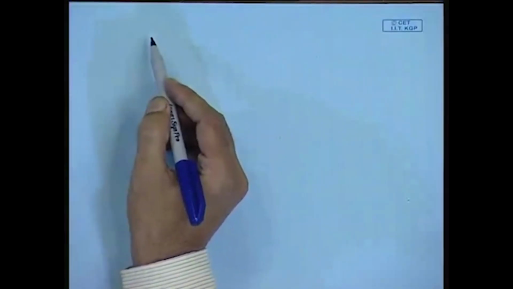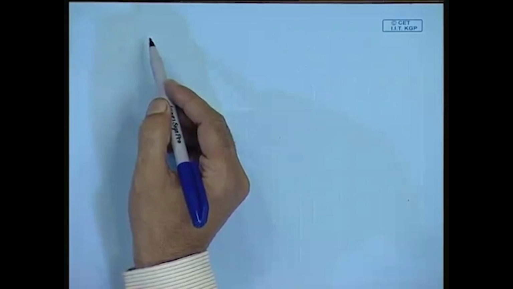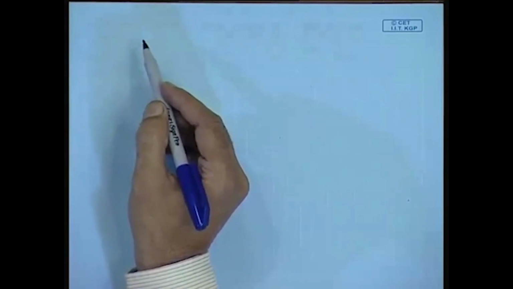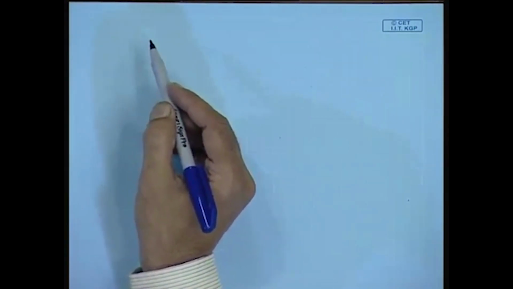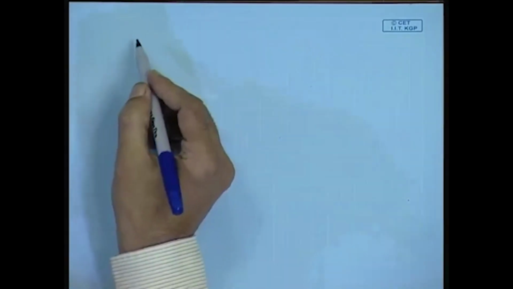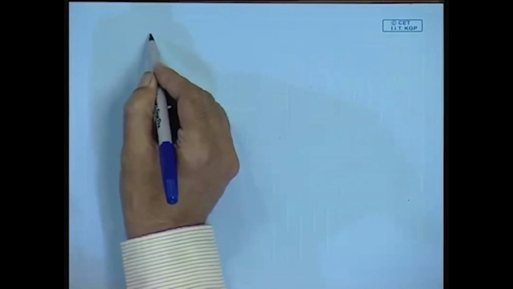In the previous lecture, the unsteady flow equation was solved by two graphical methods. One is the time-drawdown method, as well as the one, I am sorry, the